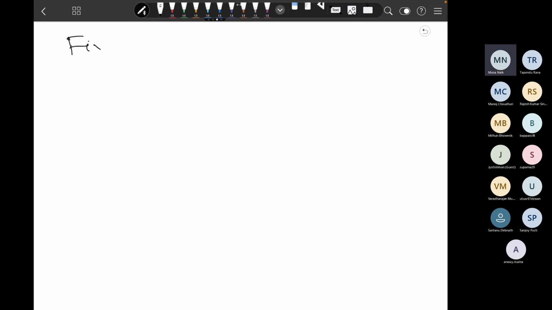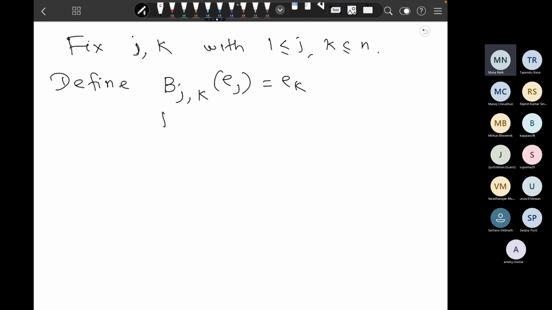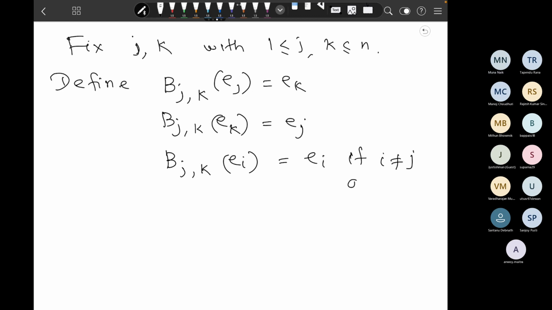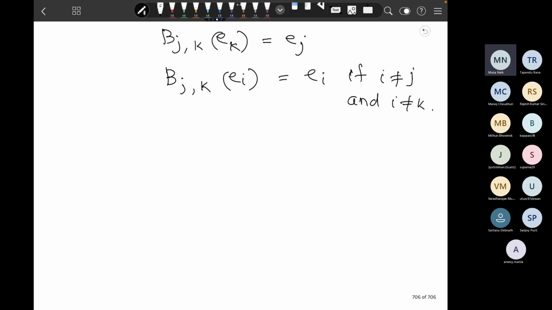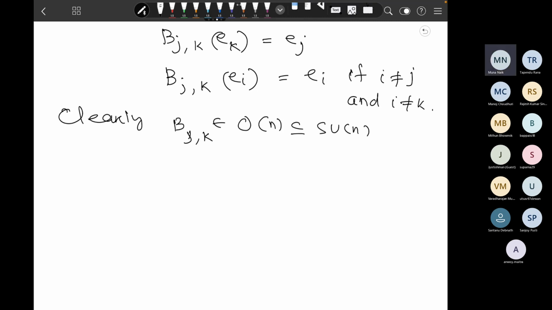So fix J comma K, with 1 less than or equal to J, K less than or equal to N. So define Bj comma K by Ej goes to Ek, and Bj comma K of Ek is Ej, and Bj comma K of Ei is equal to Ei if i is not equal to J and i is not equal to K. Okay, so then clearly this Bj comma K belongs to ON, and that is a subset of UN. And so A